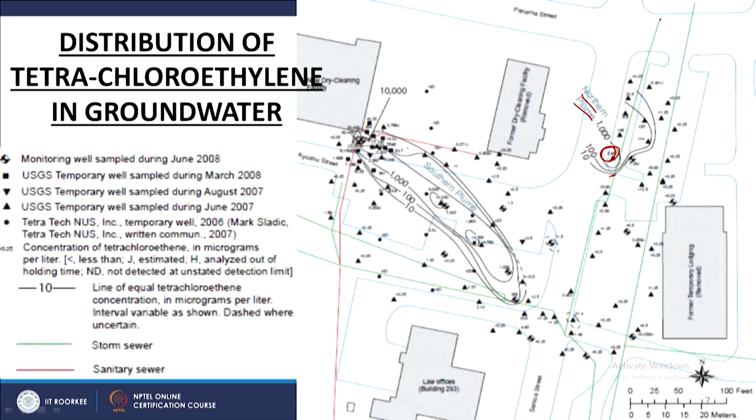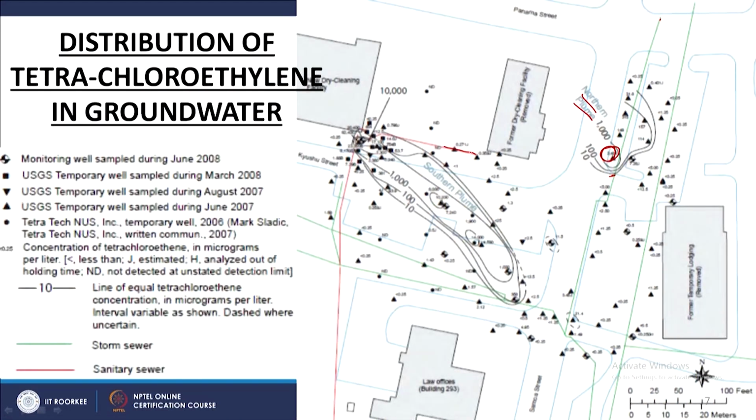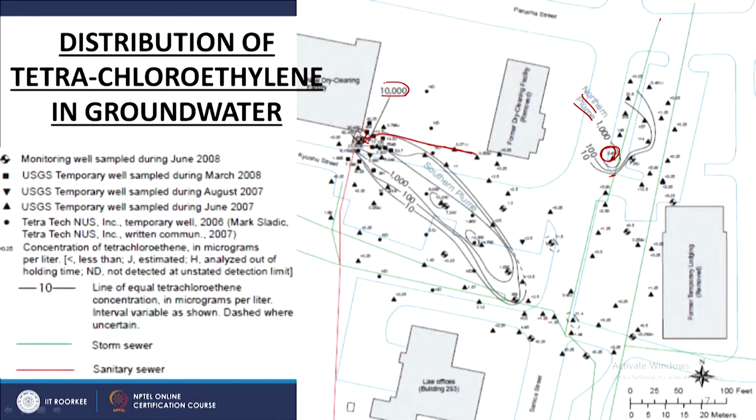And there were continuous miscellaneous minor spills during the daily operation, which were going into the sanitary sewer, this particular red line, and being transported out here. It looks like at this particular bend, or that particular joint, there seems to be a leakage, and as you can see here you have a source of almost 10,000 ppb, and then you see the different contours of 1000, 100 and 10. So now you understand that the contaminant is being transported in this particular